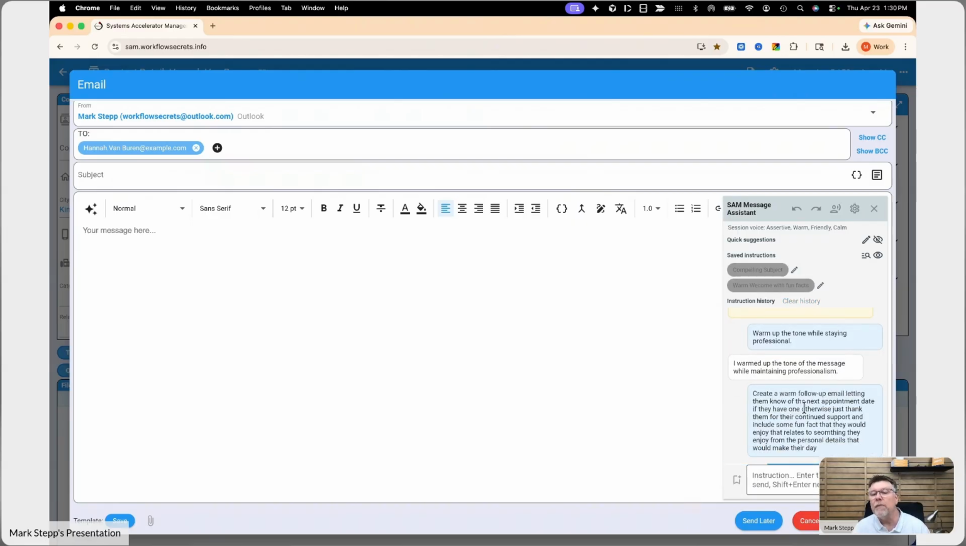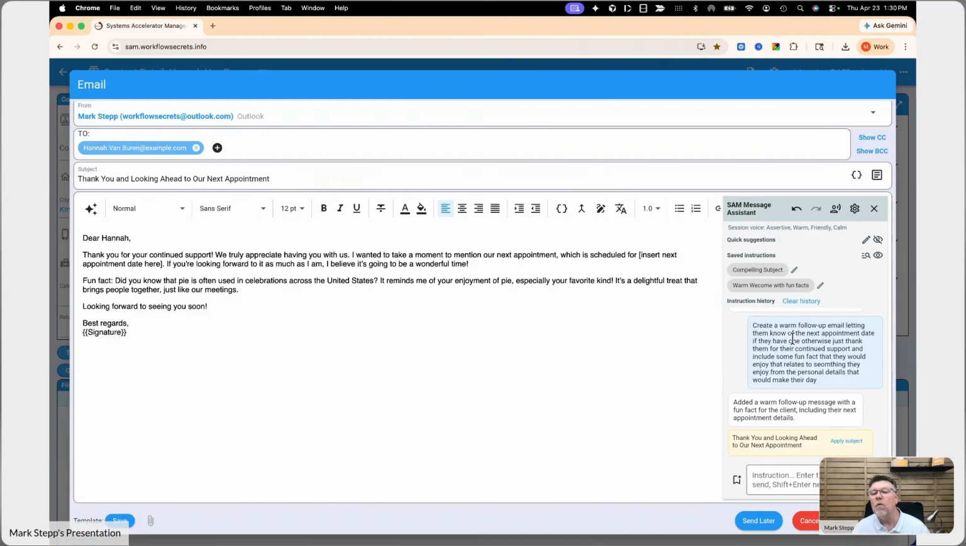Create a warm follow-up email letting them know the next appointment date. So in this case, this particular person doesn't necessarily have a next appointment. So actually, oh no, it didn't do it. Well, it did do an insert. Let's see. Use the next appointment date in the contact record. It should have actually filled it in. I've been testing these and